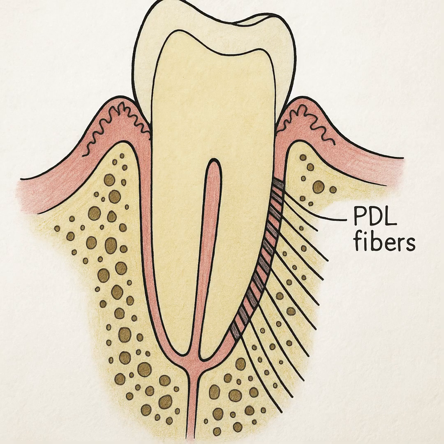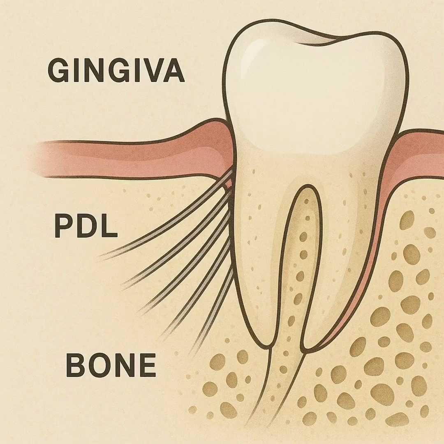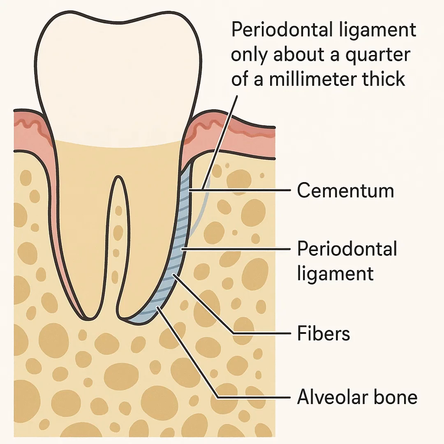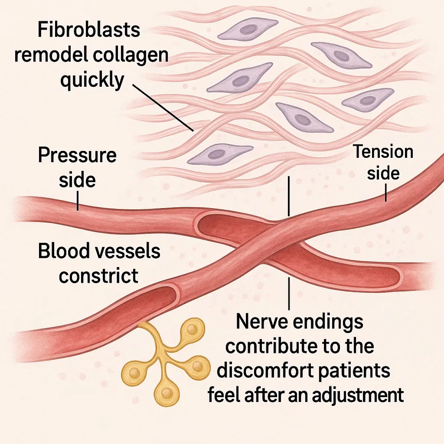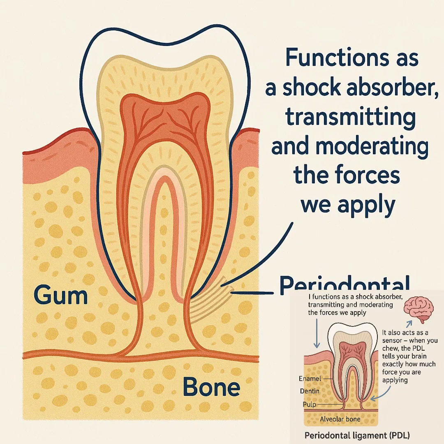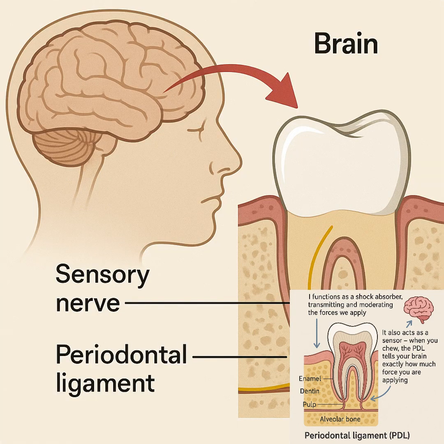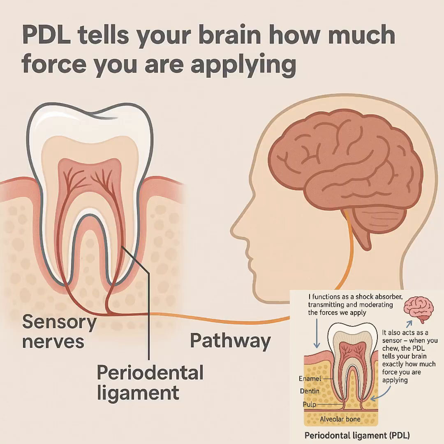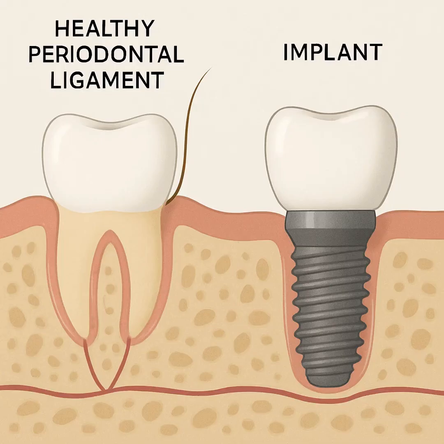Now, the periodontal ligament. If the gingiva is the seal, the PDL is the living suspension bridge. It's only about 1/4 millimeter thick, but it's packed with cells, vessels, and nerve endings. It functions as a shock absorber, transmitting and moderating the forces we apply. It also acts as a sensor. When you chew, the PDL tells your brain exactly how much force you are applying. That's why a tooth with a healthy PDL can feel a hair strand between your teeth, while an implant, which